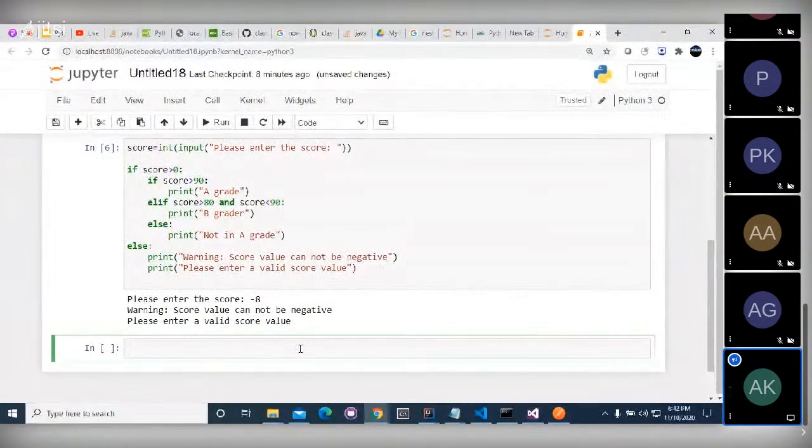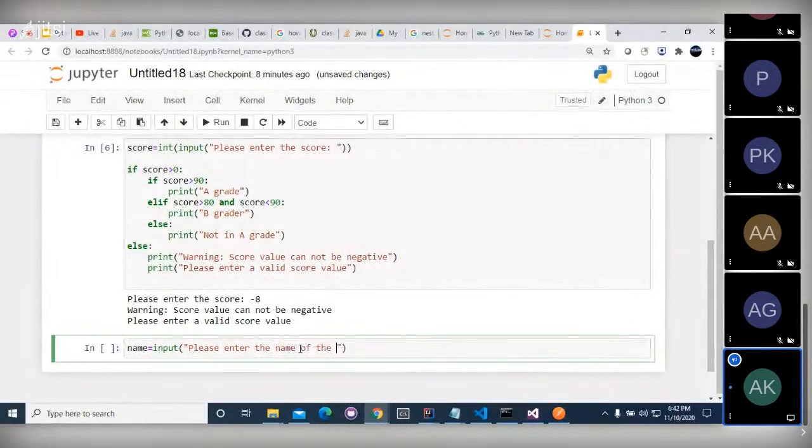Okay, suppose we are writing name equal to input, enter the name of the candidate. Okay,